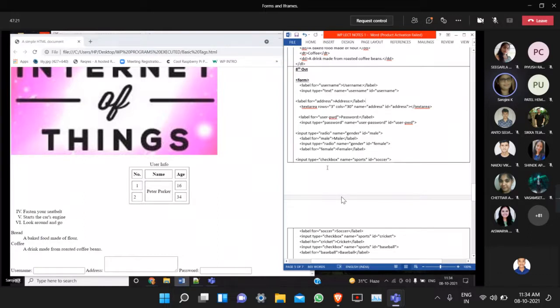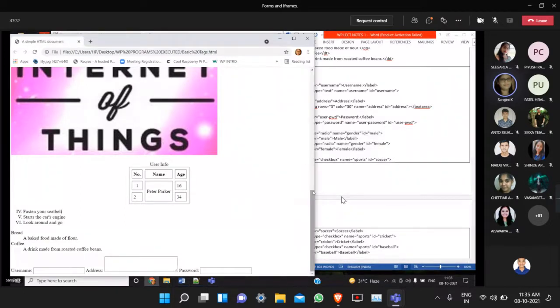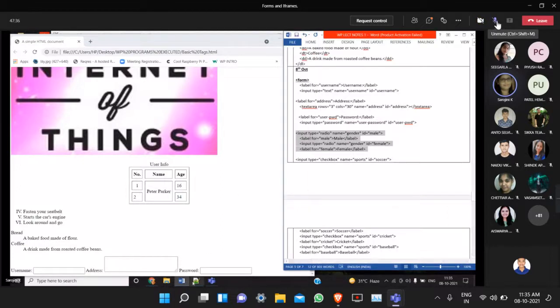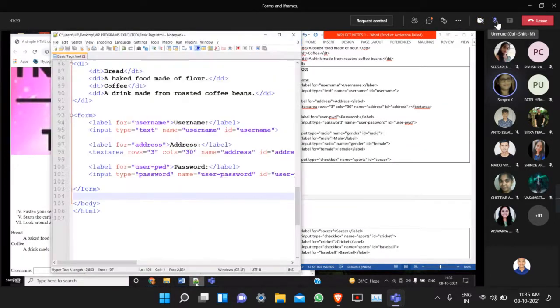Now we can create a radio button. Can anyone of you say what is the difference between a radio button and a text box?